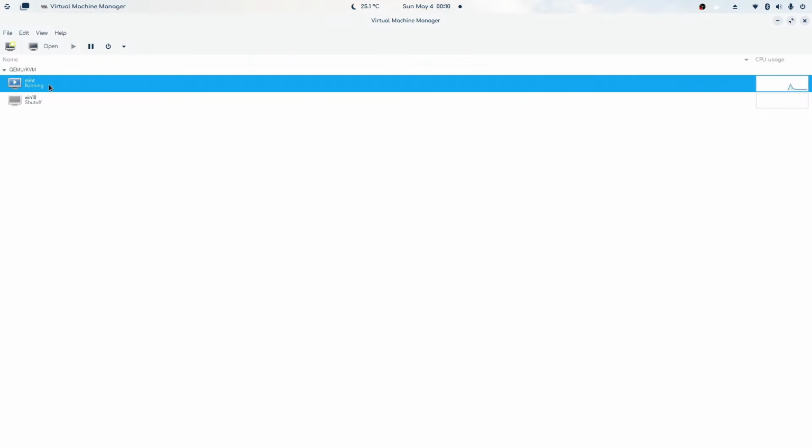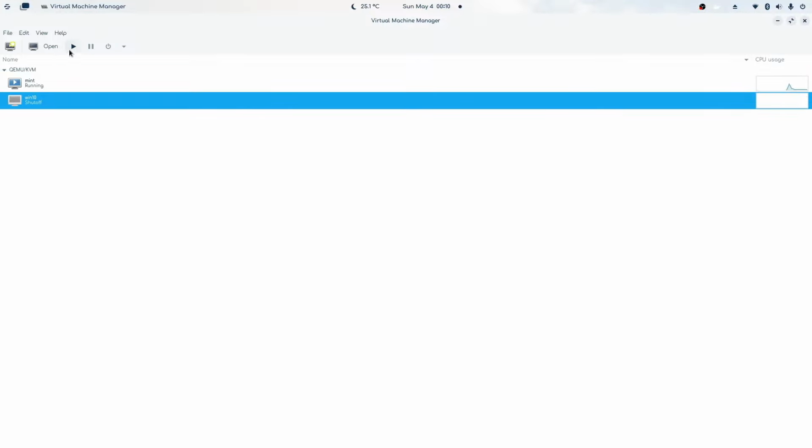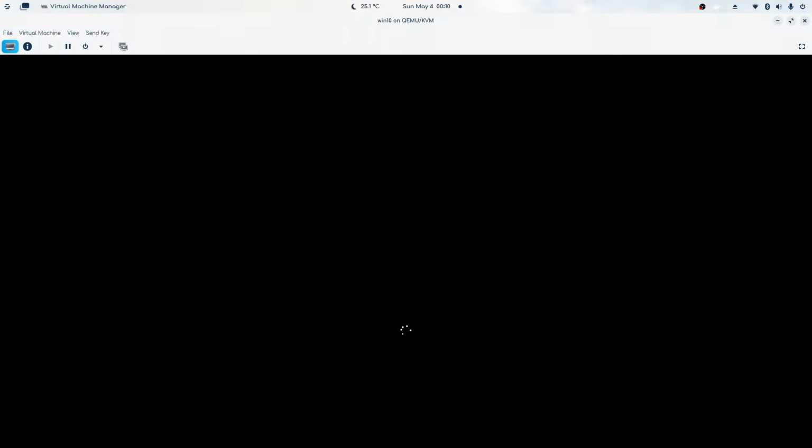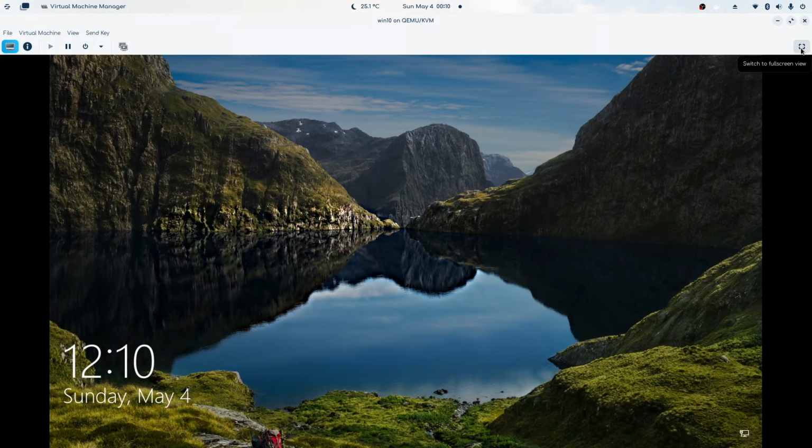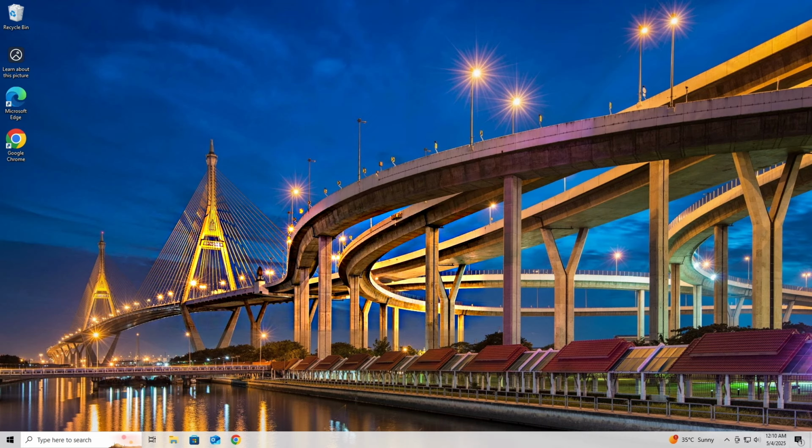If I go back, I have just started Mint Linux system. I will start Windows as well, so this will now start booting the operating system. If I open this, you can see now it is booting into Windows. Let me quickly go full screen and log in. So here it is. So right now I am running Microsoft Windows as a virtual machine on my Zorin Linux